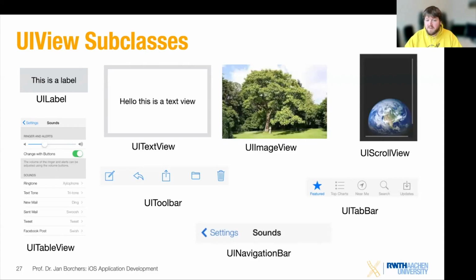UIScrollView allows you to display or include more content than would fit on the screen, and it will automatically create the scroll bars to indicate how much space is left, and already conforms to the touches, so you can pan around and scroll around.